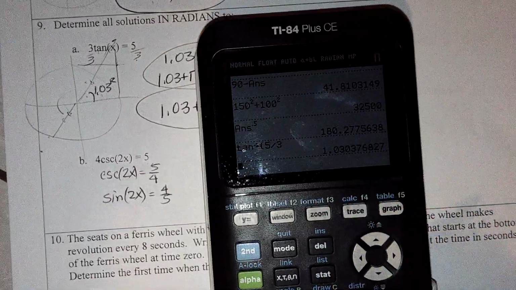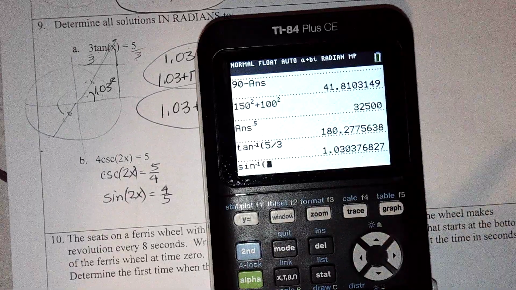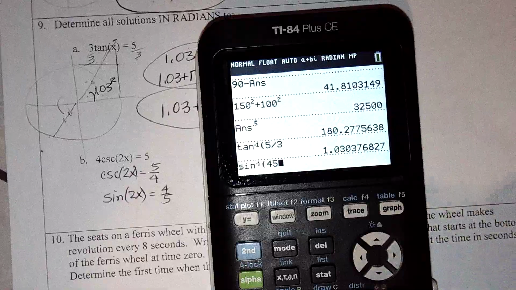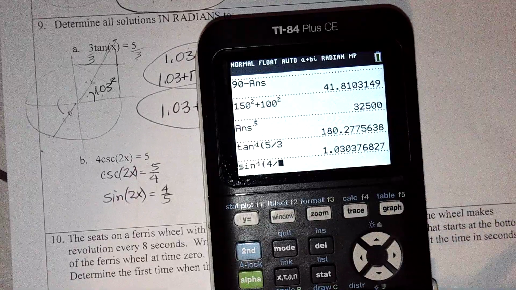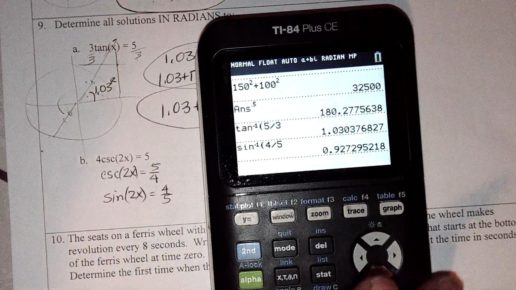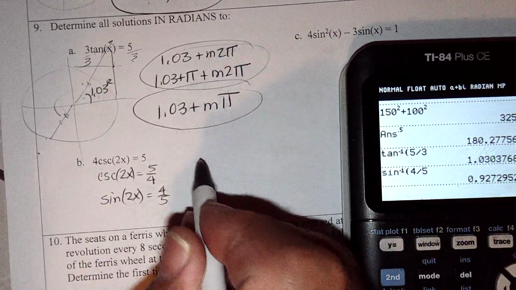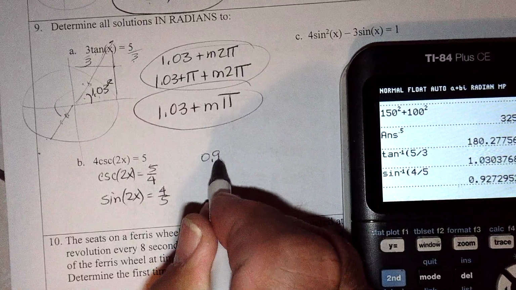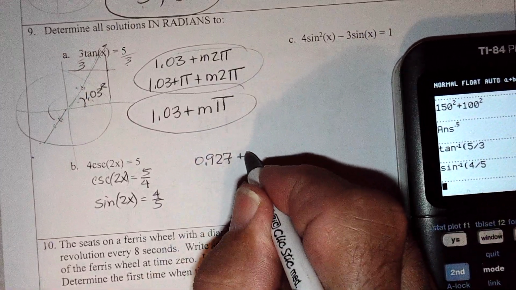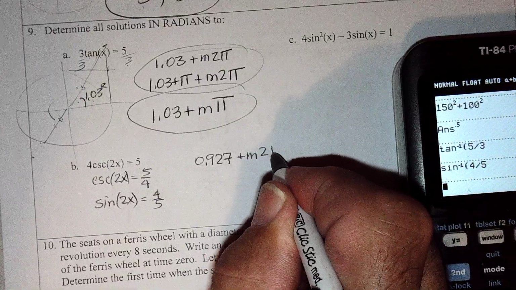So I do sine inverse of 4/5. Oops, 4 divided by 5. And I get 0.927 plus multiples of 2 pi,